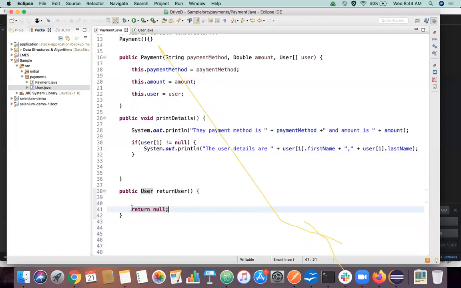So what I wanted to say is, how is this possible? What are we trying to achieve here? Can anyone say? If the user is empty, then we'll call this method and return null. No, we are not going to return null itself.